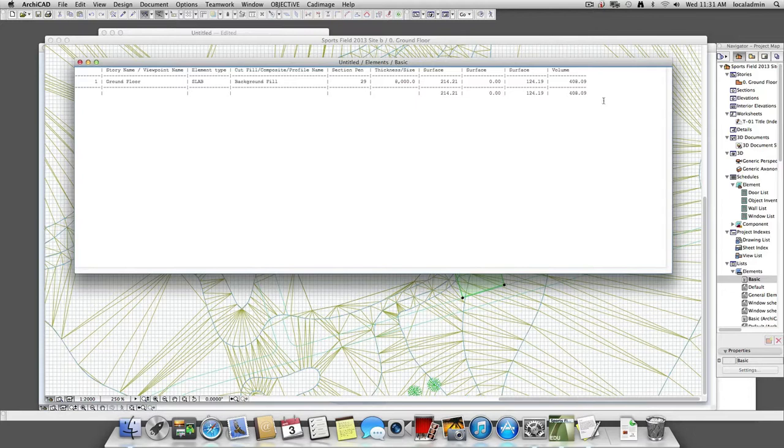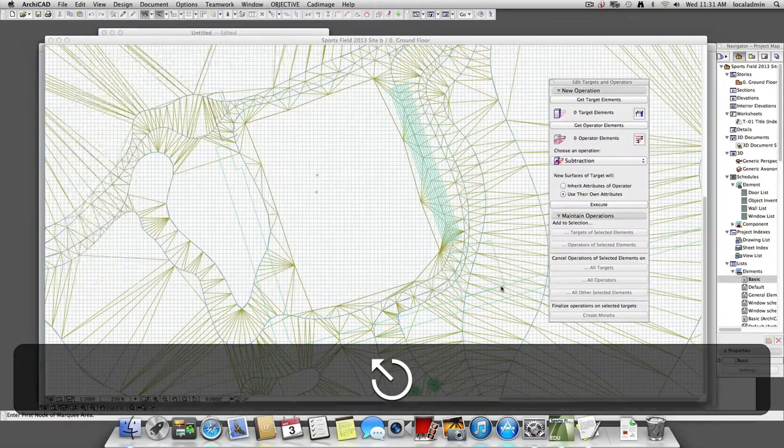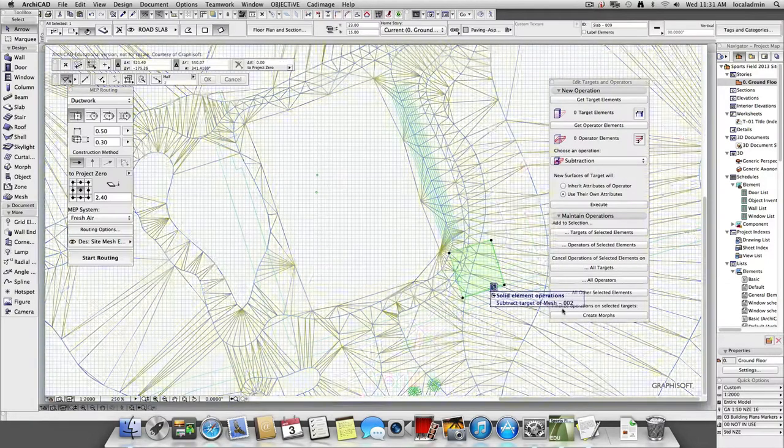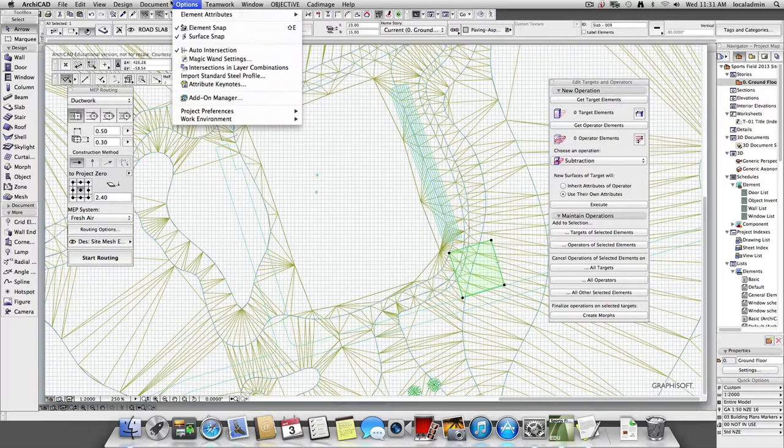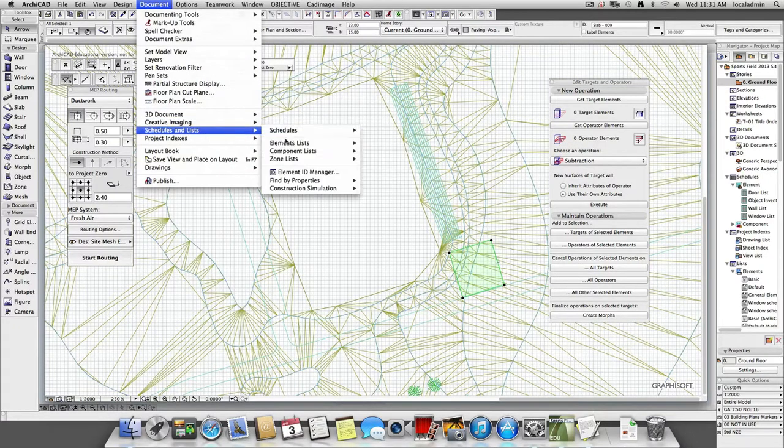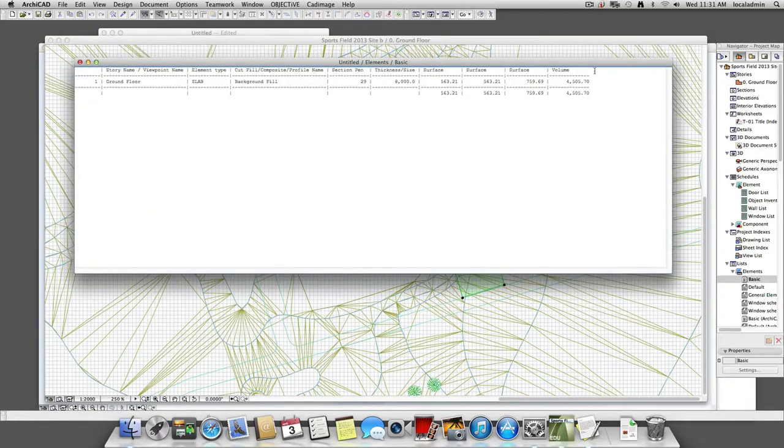408 cubic meters. If I undid the operation, you should see that's a lot bigger. Yeah, if I did it around the wrong way, I'd just have this little block of land. Yeah, exactly. And it could be quite handy, because it might be, right, this portion of land I need to